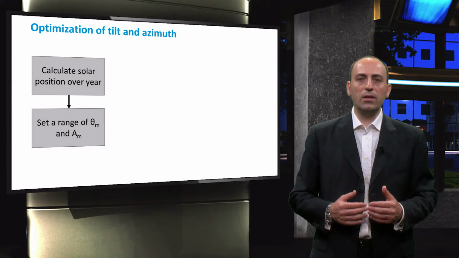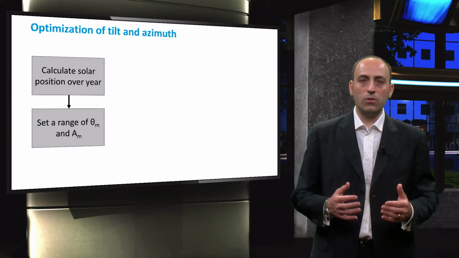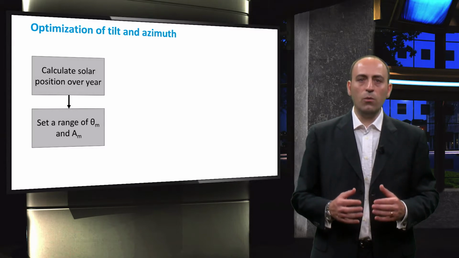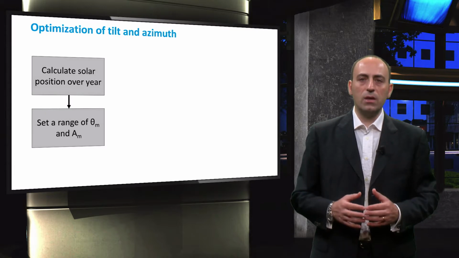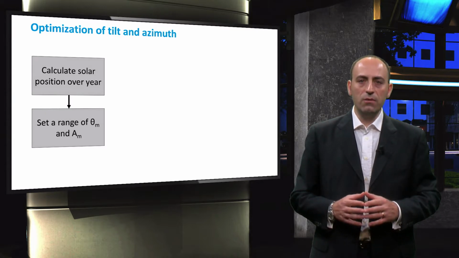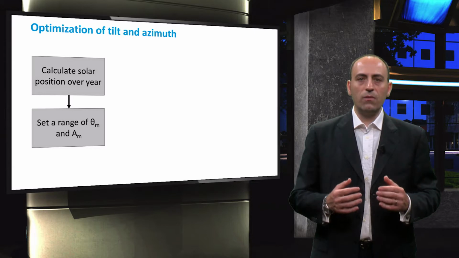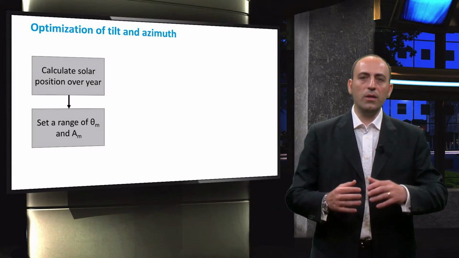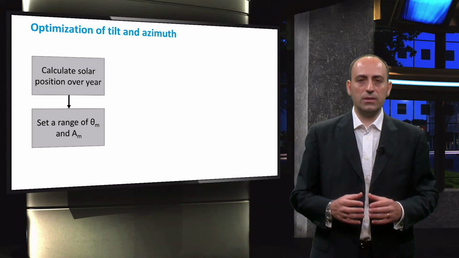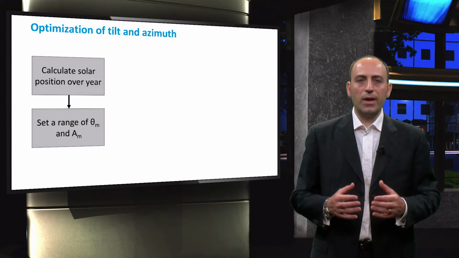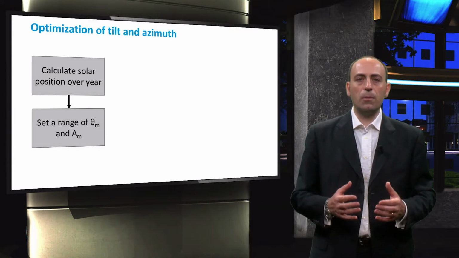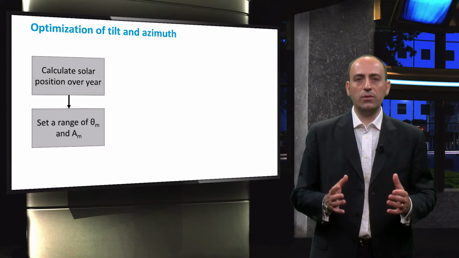you have to decide what range of tilt and azimuth angles to investigate. If you want to consider all possible angles, the tilt angle will range from 0 to 90 degrees. The range of azimuth angles can be the complete circumference of 360 degrees. Generally, you can limit the azimuth range to the path of the sun through the sky during the day, so